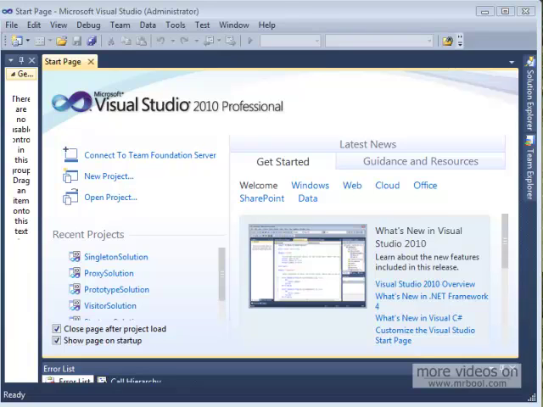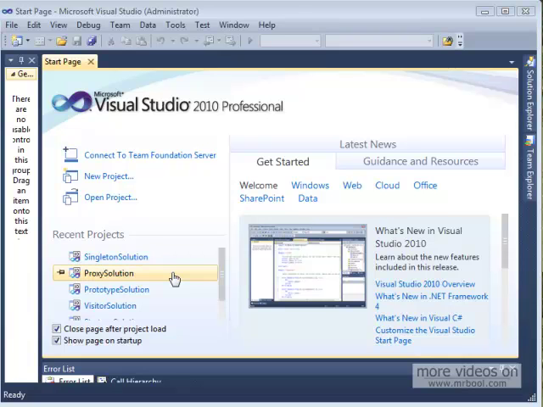Okay, so in this case I'm going to load two Visual Studios. I'm going to have one that starts a web application and one that starts a website, and try to give you some of the differences between them. So when you need to make a decision on which one to use, the decision will be very simple and straightforward for you. Let's go ahead and get started with the first item, which is I'm going to create a